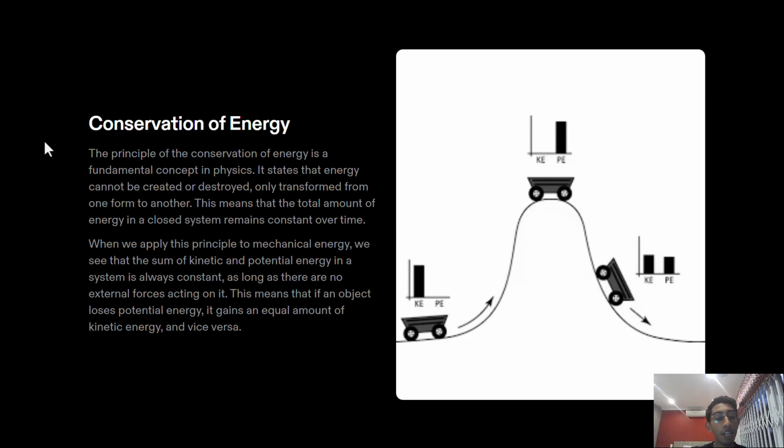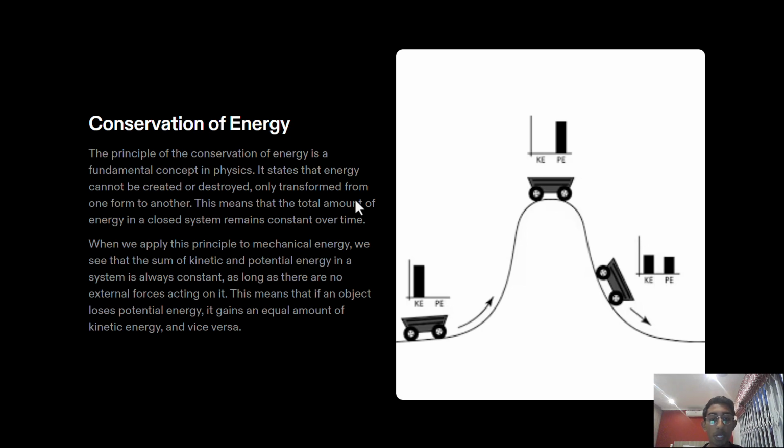Now we move on to a very important concept and principle of physics, which is the conservation of energy. The conservation of energy just states that energy cannot be created nor destroyed, only transformed from one form to another, meaning that the total amount of energy in a closed system remains constant. So if energy decreases, such as the case in the image on the right here, where we start off with a high bar of kinetic energy, but then it changes, it doesn't mean that energy has just been lost. It just means that that kinetic energy has been transformed into another form of energy, as seen in this case with our potential energy bar then increasing.